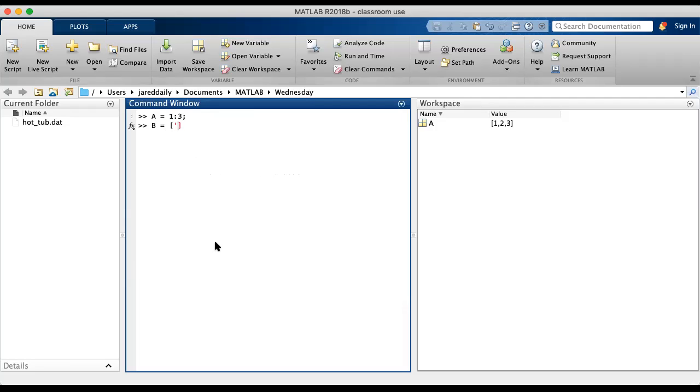A, B, C, D, F, G. Okay. And then we're going to create a specific number array that is single precision. Single precision number array of 1, 2, 3, 4, 5, 6. Close that off. Now, we're going to create a structure array by first choosing a name,